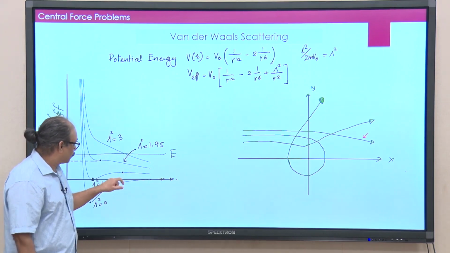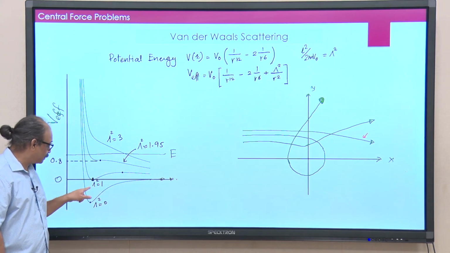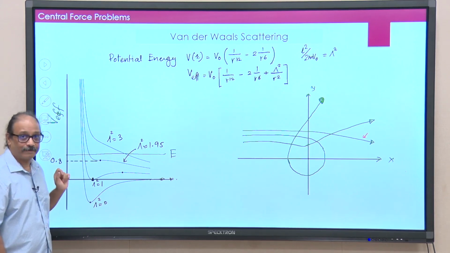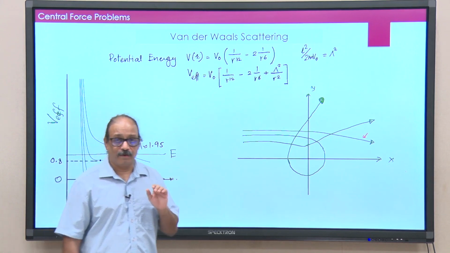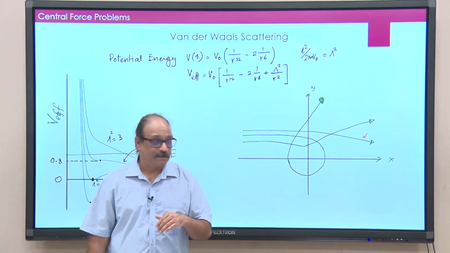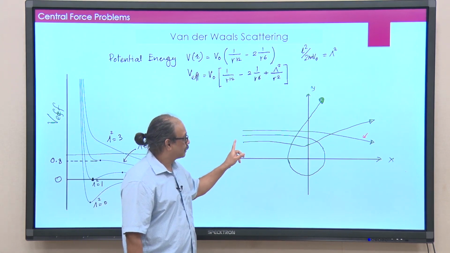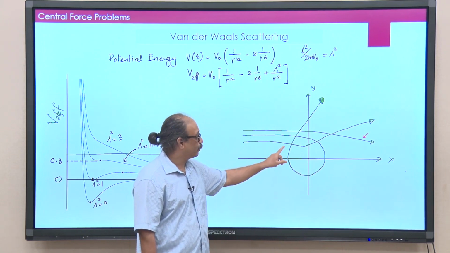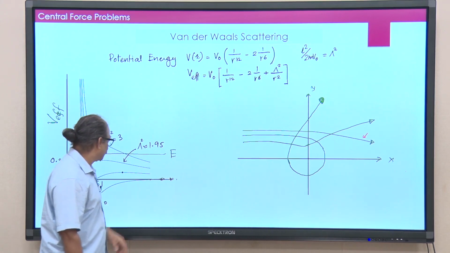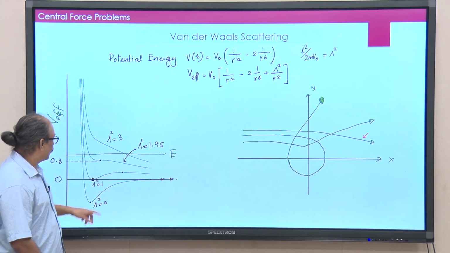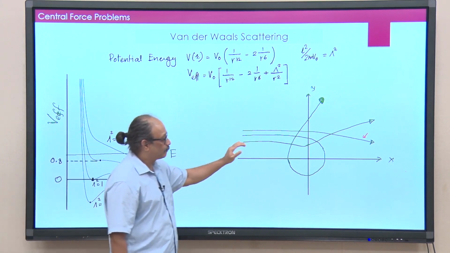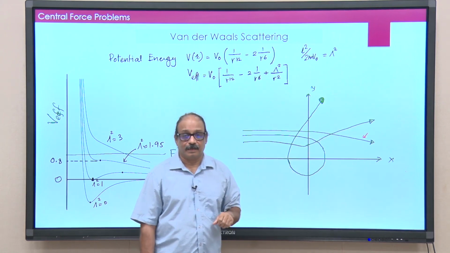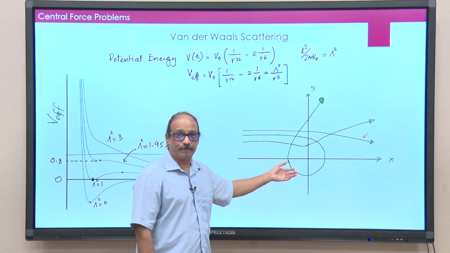But look what happens in this one. Even though there is a maximum here, this potential now does not go all the way to negative infinity, but rises back here. There is a turning point again, which means this particle will come closer and then turn and go away. So, the possible trajectory is something like this. Instead of crashing into the scatterer, it actually has a turning point and goes away. And with respect to this, again the particle comes closer, but it does not have enough energy to go around, it gets deflected from here. So, a variety of trajectories are possible in this case.